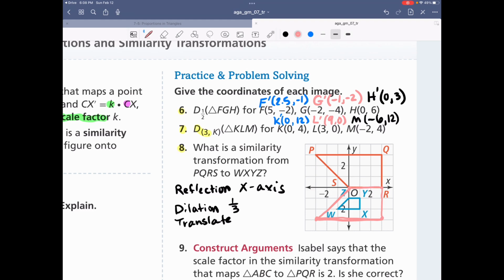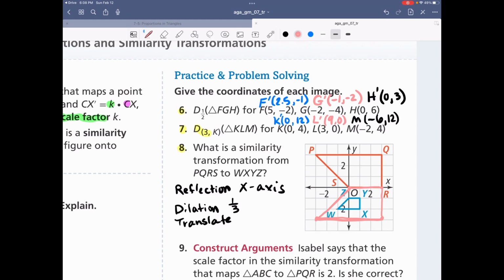Oh, I think I understand number 7 now. They were saying dilate it about the point K. But again, there's nothing going to be on the test like that, so I'm just going to leave it as 0, 0 that we dilated on number 7. And now you're going to move that,